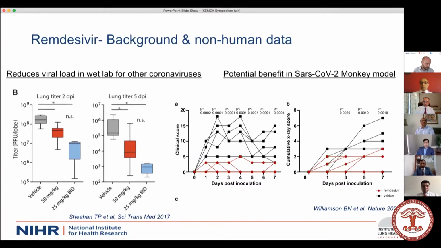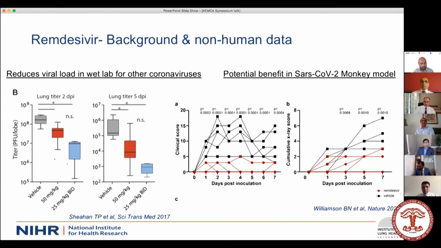So when the pandemic started and I was looking around looking for therapies, people started to talk about remdesivir, an antiviral therapy, and this has been developed for a number of years for other coronaviruses. And this is perhaps where SARS-CoV-2 and therapies were slightly ahead of the game because of things like SARS and MERS. People had started to develop therapies for coronaviruses, and it doesn't require a lot of adaptation.